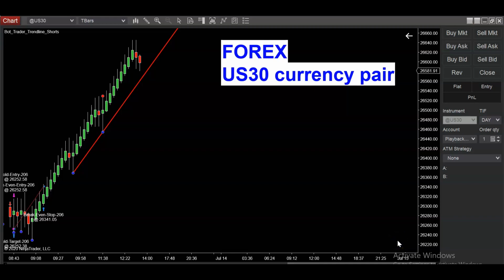Okay, I'm going to show you a really sweet Forex trade on the US30 currency pair. But before I show you the exact setup and the exact trade, I'm going to talk to you guys about how to identify the best Forex pairs to trade. In fact, I was talking to some of my Forex trader customers today, and I think we're probably going